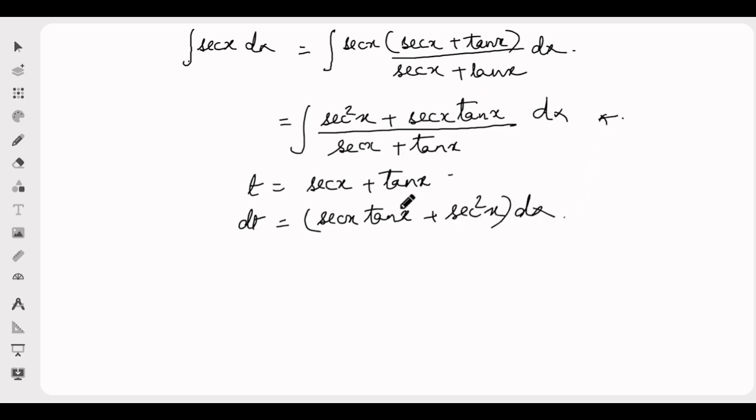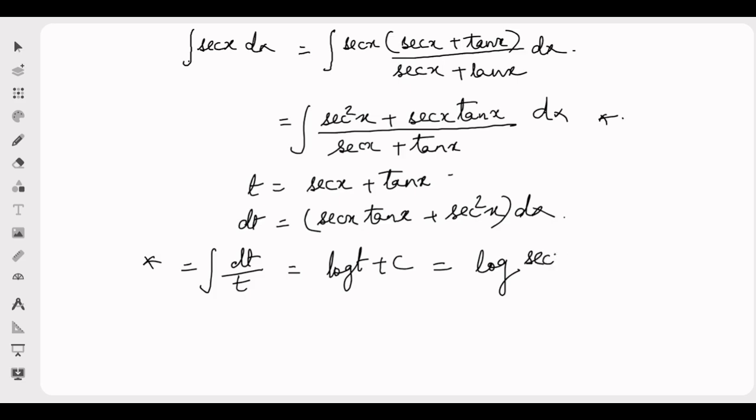So this function, after substitution, will become dt upon t, which is equal to, again we know that integral of 1 upon t is log of t plus c. So this is equal to log of t, and we have assumed it to be equal to sec x plus tan x